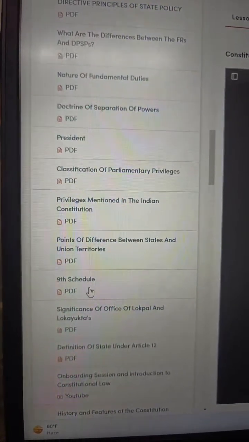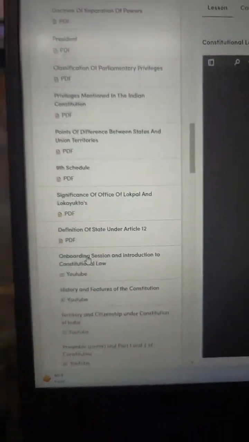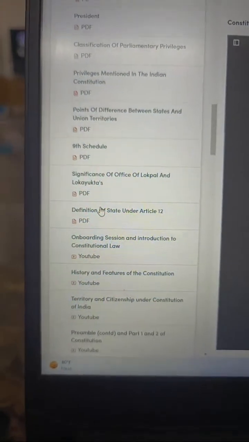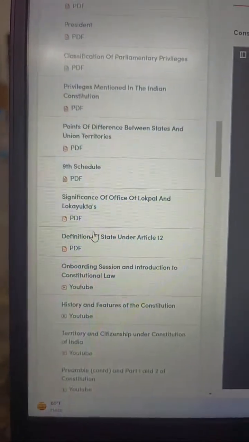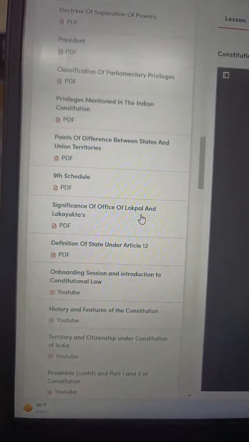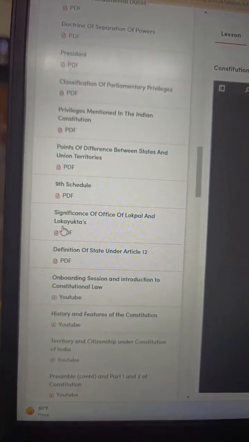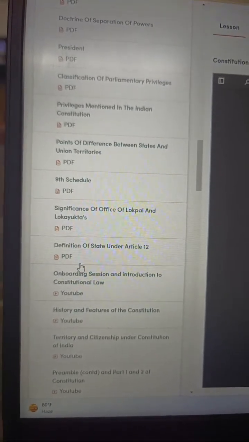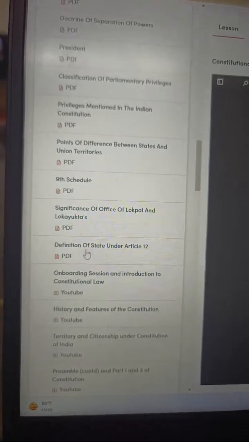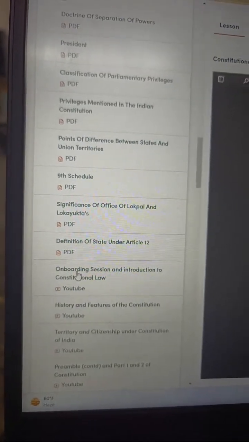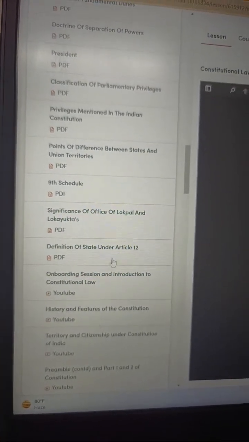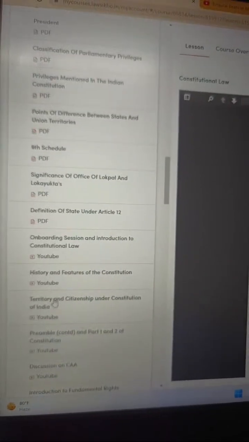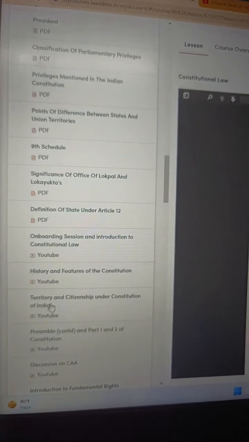precedent, Ninth Schedule, significance of the office of Lokpal and Lokayuktas, definition of state union, definition of state under Article 12, onboarding session, introduction of constitutional law, history and features of constitution, territory and citizenship